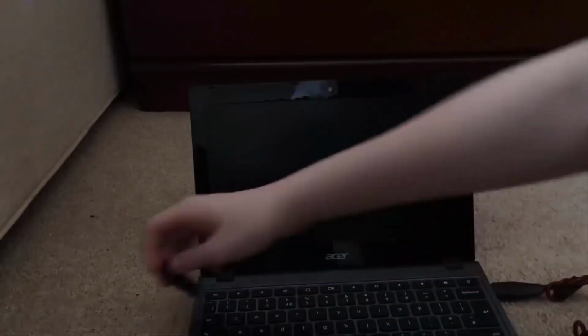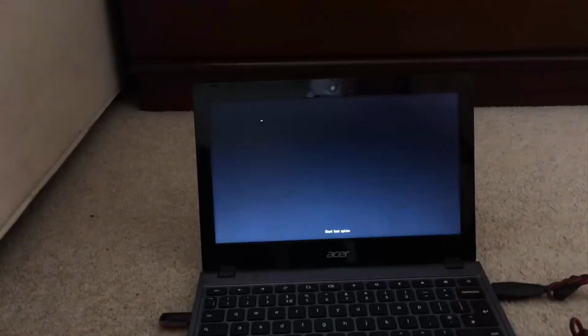Right, so what you want to do now is plug in the USB. Plug in the USB and the mouse as well. If you have a keyboard, I wouldn't suggest plugging it in unless you have an extra port, because mine only has 2 USB ports. So once you have plugged in both of them, I'm going to start the Chromebook up, and hopefully you should see a Windows logo